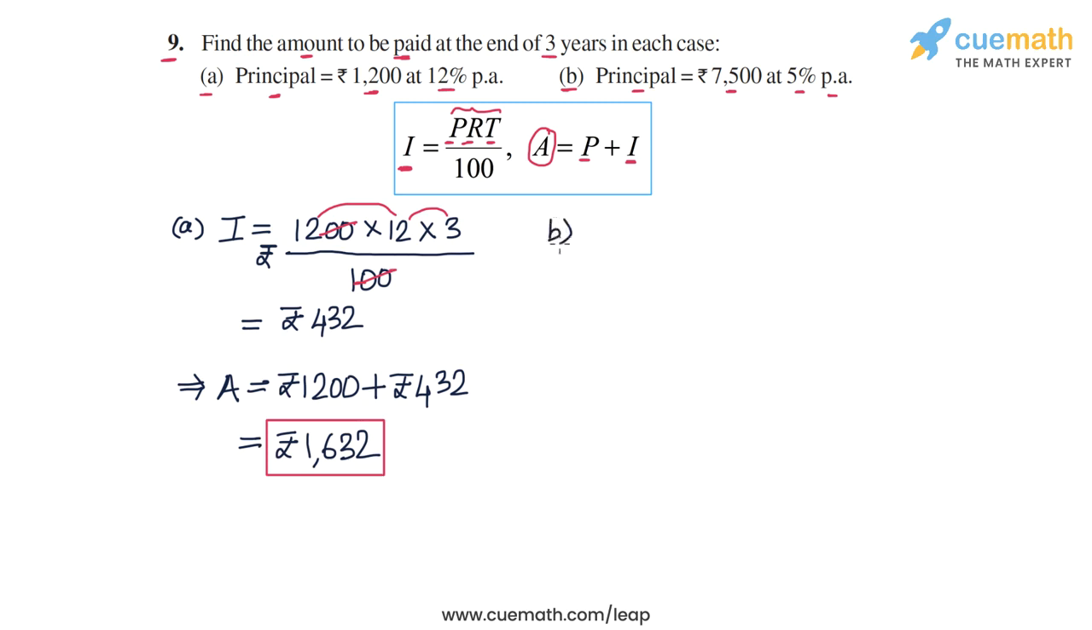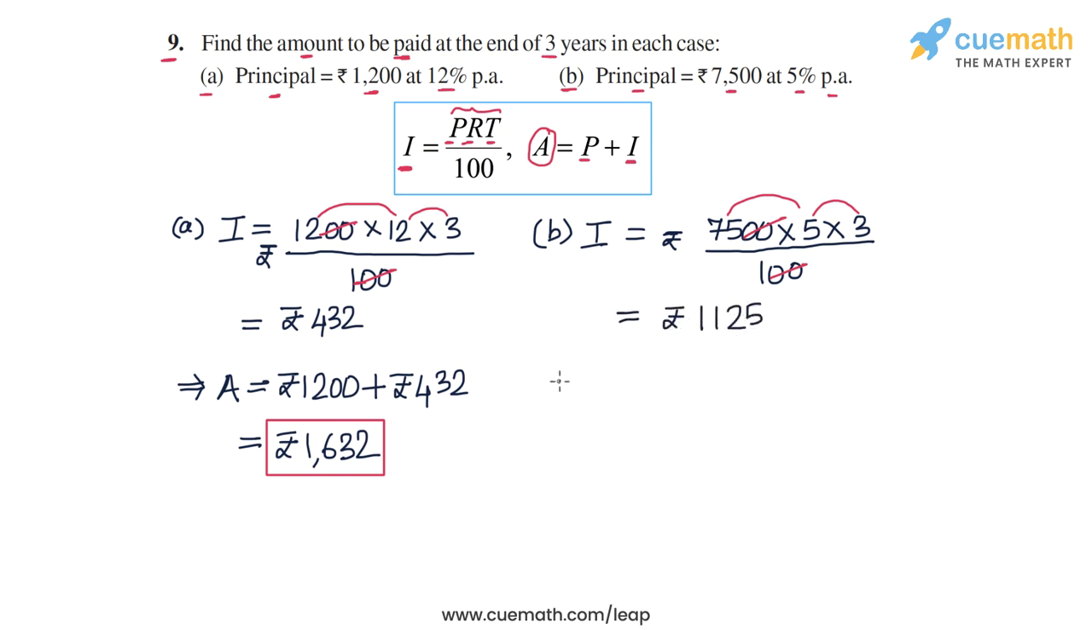Similarly, let's do part B. First, let's calculate the interest. So the interest will be PRT by 100. So interest in rupees. Then P is 7500. The rate of interest is 5% and the time period is 3 years. So this product divided by 100. Let's calculate this expression. So we cancel out these zeros. Then we have 75 into 3 is 225, and 75 into 15 is 1125. So we will get the interest as